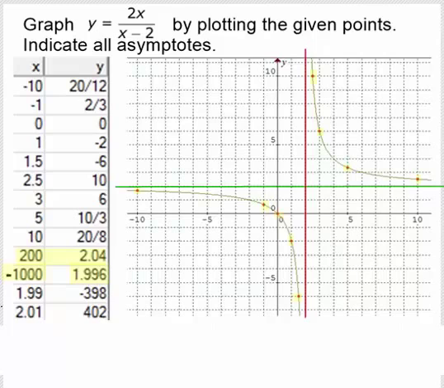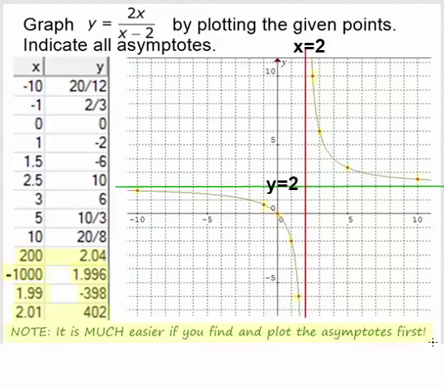Also, I plugged in a couple x values very close to the red line. That's our vertical asymptote. When I plugged in 1.99, I got negative 398 for the y value. That graph is taking off downward faster and faster on the left side of the red line. But on the right side of the line, when x is 2.01, the graph is taking off in a positive direction, up toward infinity. So this confirms that the vertical asymptote is x equal 2 and the horizontal asymptote is